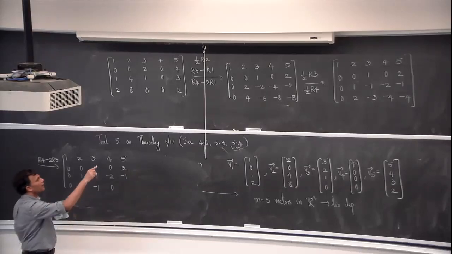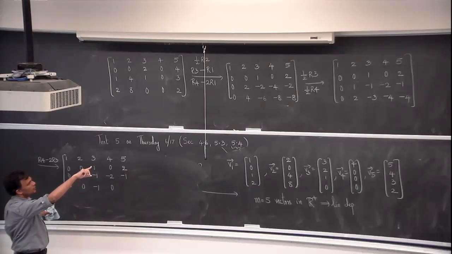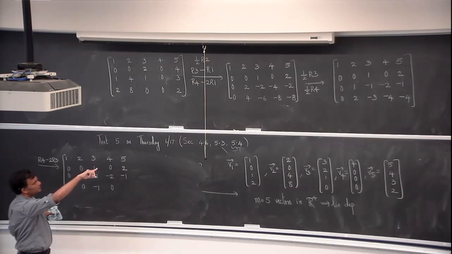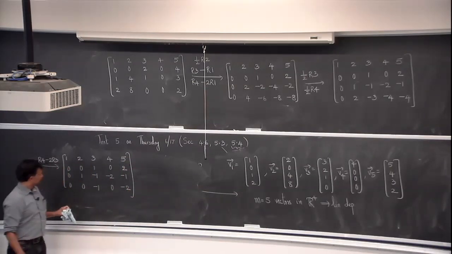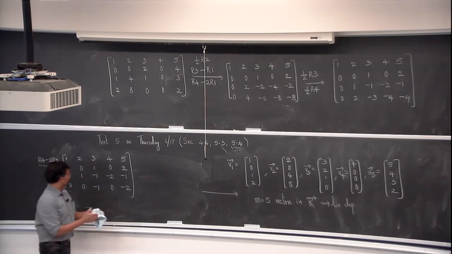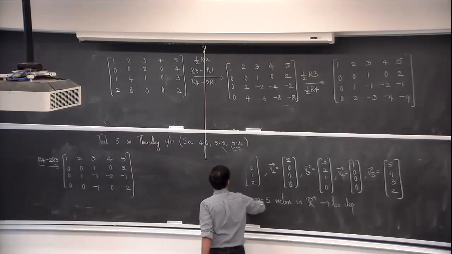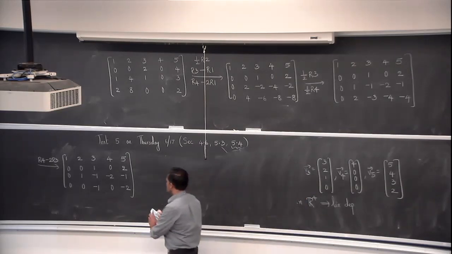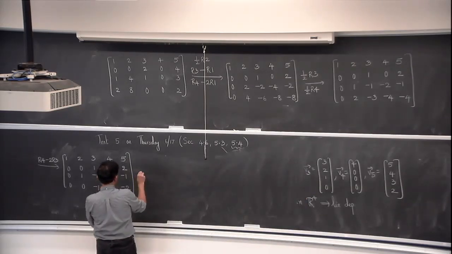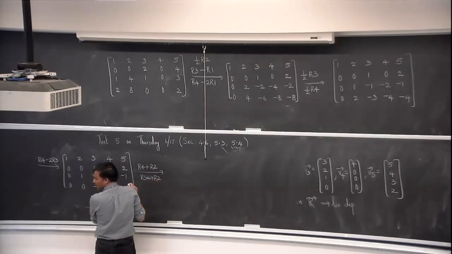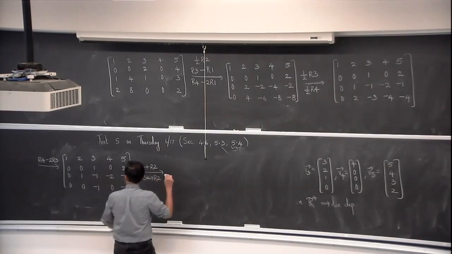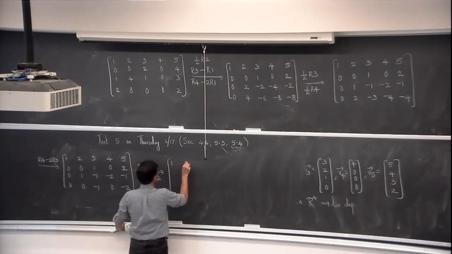It's 2 R3. Okay. So what I'll do now is to add R4 plus R2 and also swap R3 and R2. If you spot any mistakes, please feel free to unmute and shout out. Okay. So 1, 2,